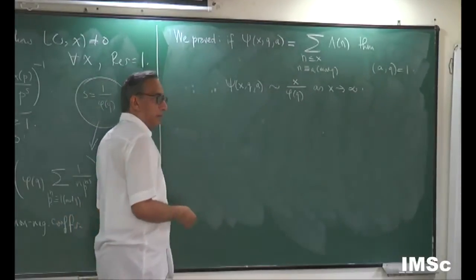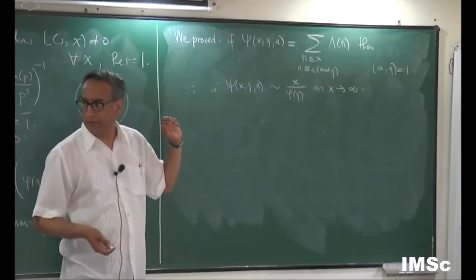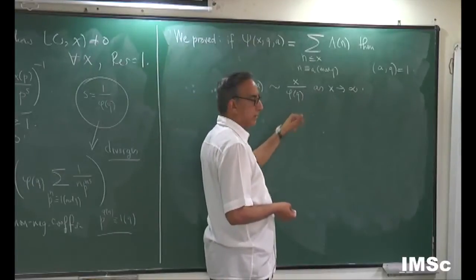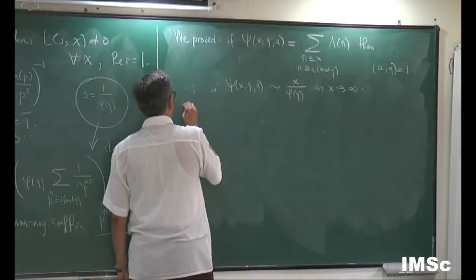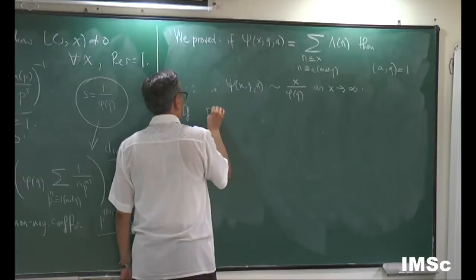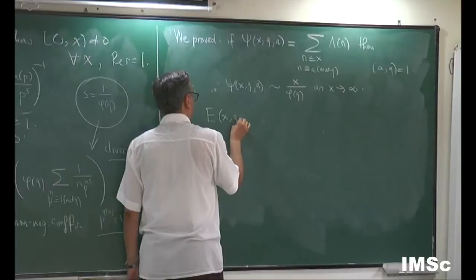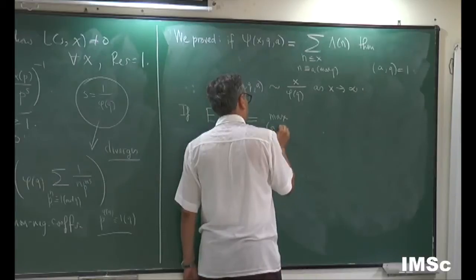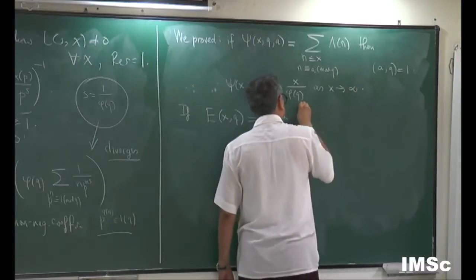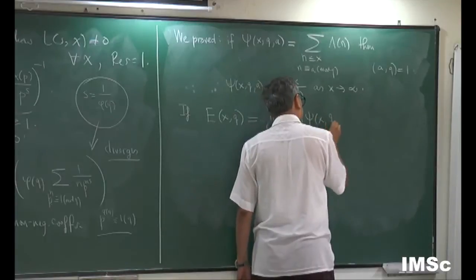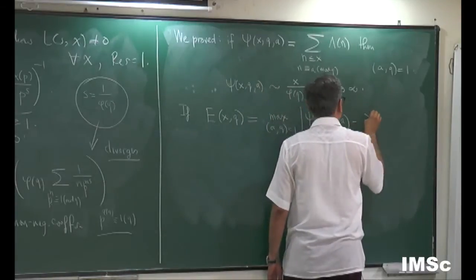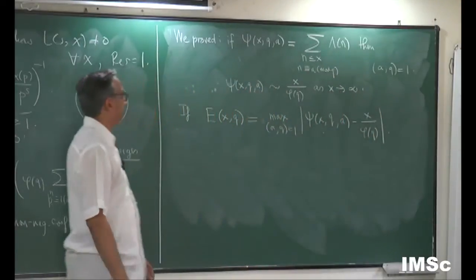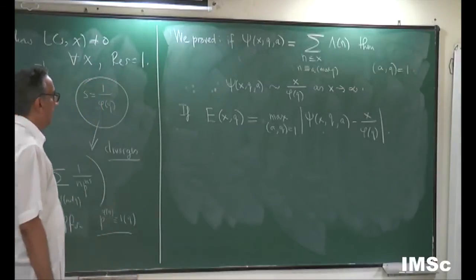So that's what we proved. So the obvious question that one can ask is, what about the error terms? How does it go to this quantity as x grows? So what about error terms? So if we let E(x; q) be the maximum over a, with (a, q) = 1, of the error, let this be that, then